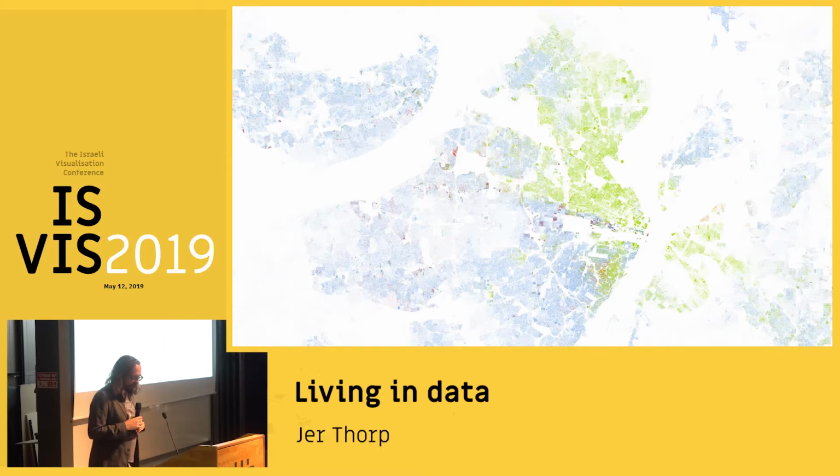One more project I'm going to show you, and then hopefully we'll have a little bit of time for questions. This is a map of St. Louis, which is a city in the middle of America. This is a census dot map. The green dots are African Americans and the blue dots are white people. St. Louis is the most segregated city in America, and it's segregated along a very, very clear line.